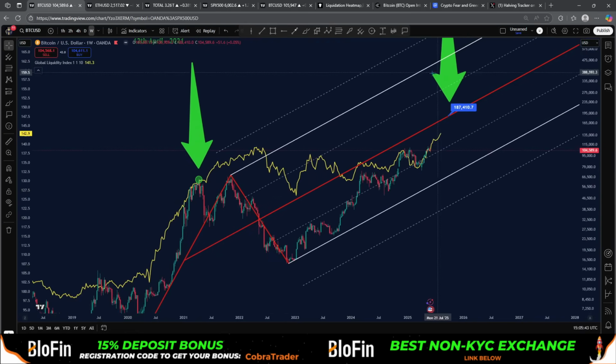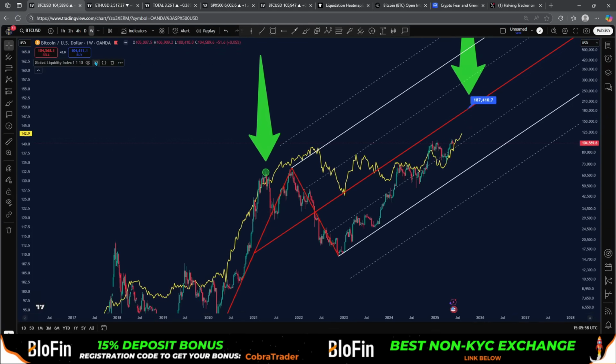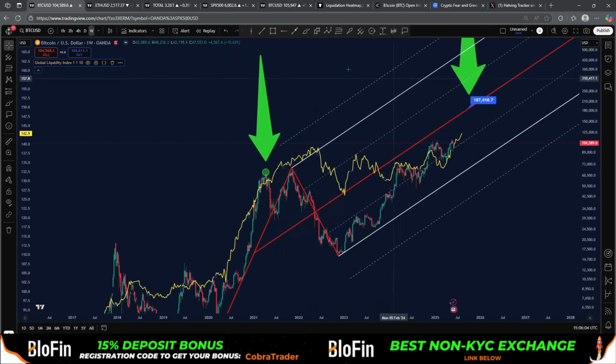Ideally, for Bitcoin to actually reach this median line, we want to see this rise continue in the global liquidity. And then as we know, Bitcoin tends to follow. And this gives me more confidence that this median line actually has a big possibility of getting hit. So very, very interesting as for now. As you can see here for yourself, I'm using the weekly chart. I just put a 10 week offset, so a 10 bar offset, which is actually 10 weeks. But then if you use a different time frame, you need to